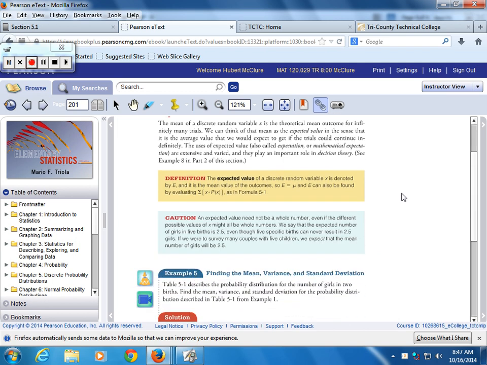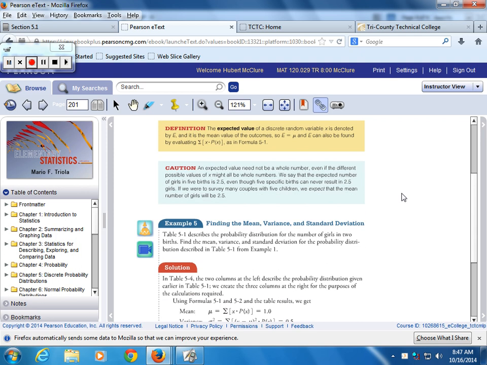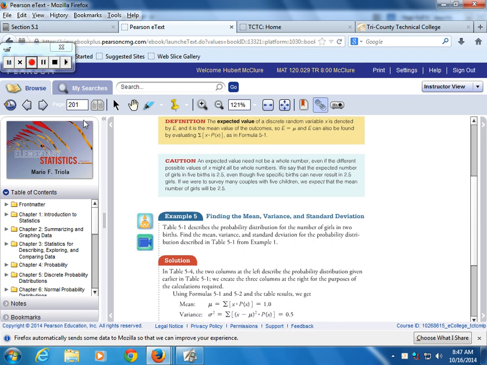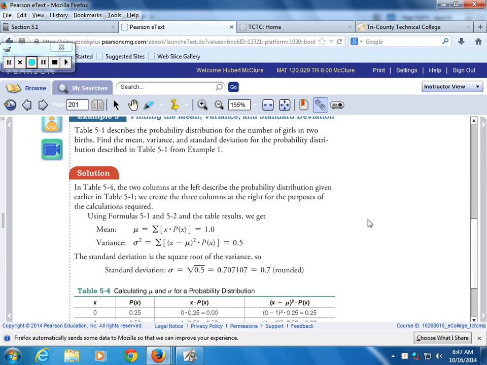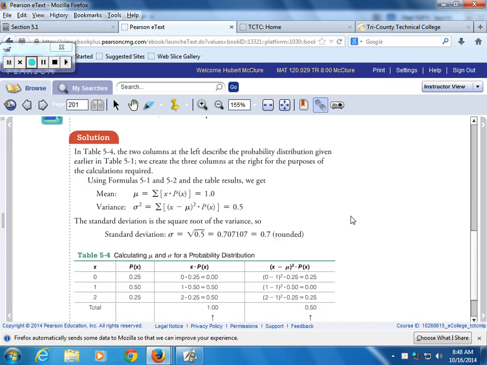Let me see if I can find, here we go. Okay, they give us a table. Where's the table? Let me get out of this. There it is. Alright, here's the table right here. So what I'll do is I'll move it over. And this is on page,